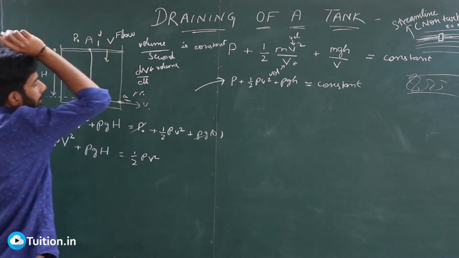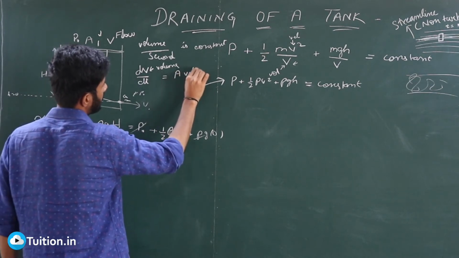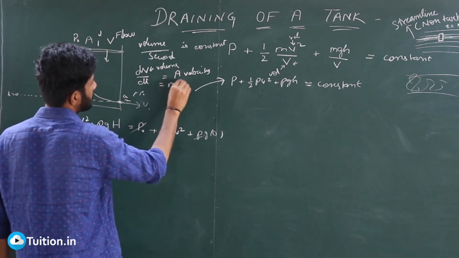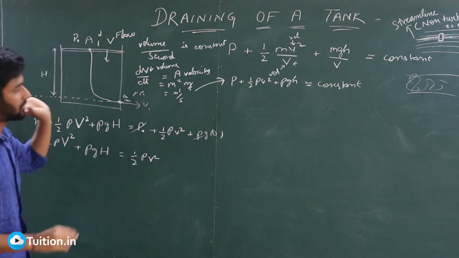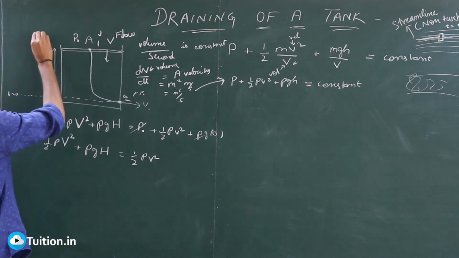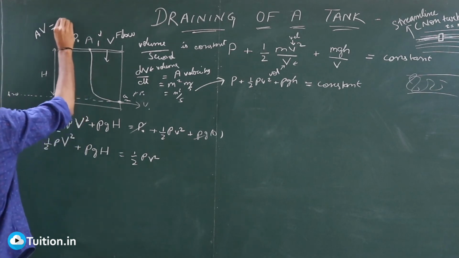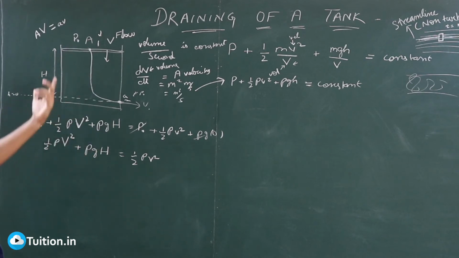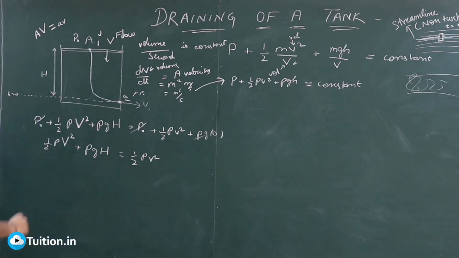And this dV by dt can be written as area into velocity, right? Area into velocity. You can check the dimensions if you want. This is meter square and this is meters per second velocity. So you have meter cube per second, which is nothing but the dimensions of dV by dt, right? So I can say capital A into capital V must be equal to small a into small v, right? Because this is dV by dt at point 1, this is dV by dt at point 2, and dV by dt must remain the same throughout the streamline, right? So you have AV is equal to av.